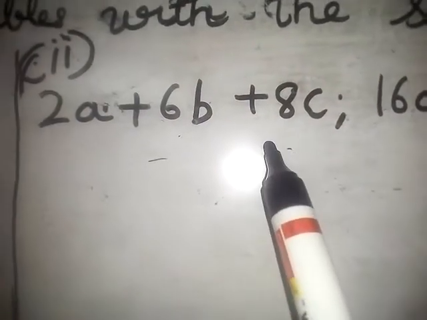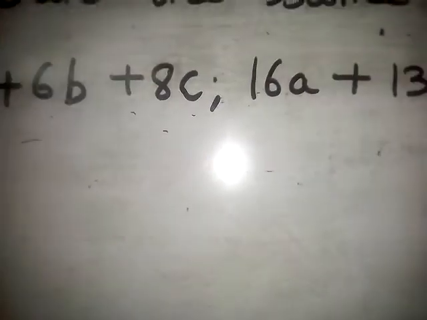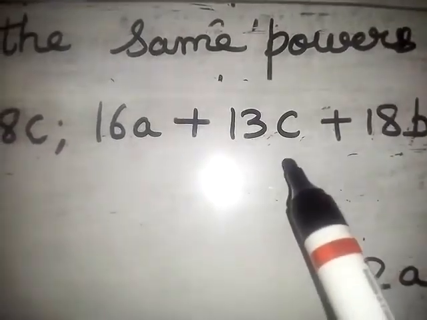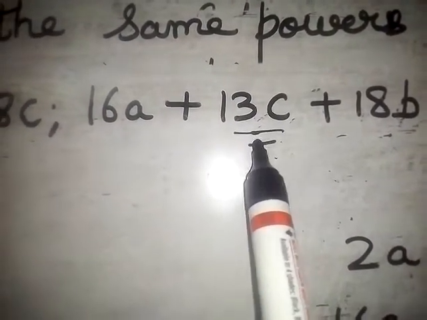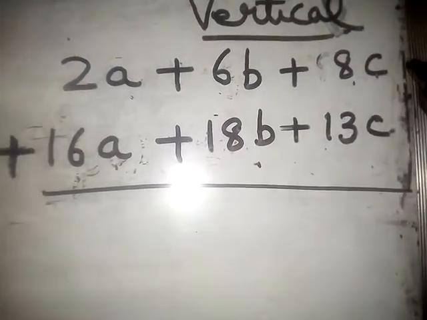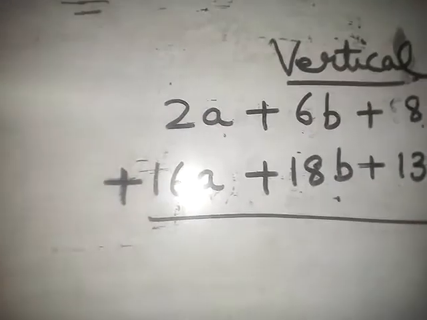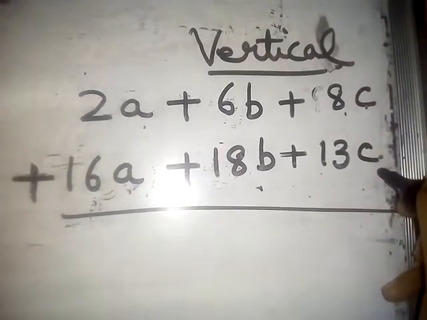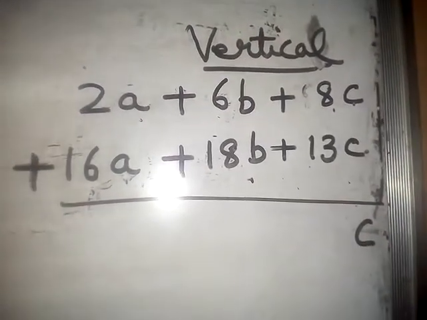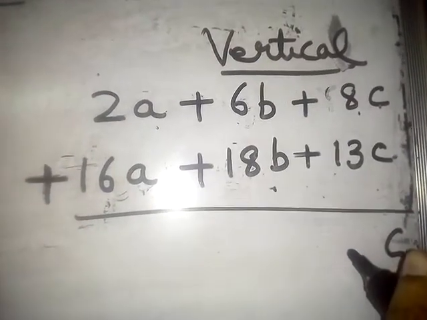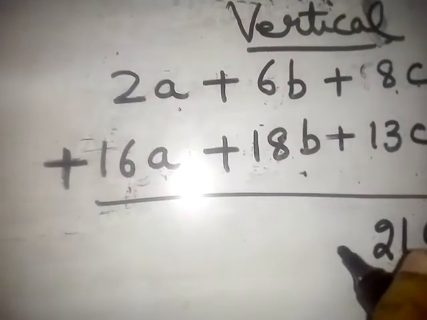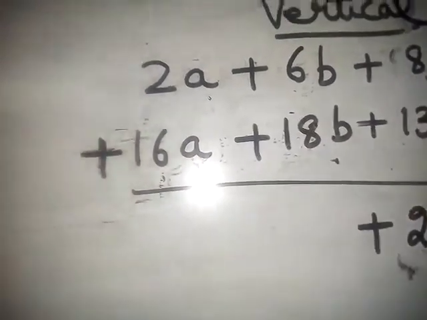Now look at c. What is there? Plus 8c. Plus 8c you have to write here. And in the second trinomial expression, c is here. So where c is there, only in that place you have to write it down, in vertical arrangement and like term form, 13c. So now you have to add. Variables cannot be added. Variables you have to write the same. So you have to add only the numbers. 13 plus 8, 21. Plus and plus is plus.